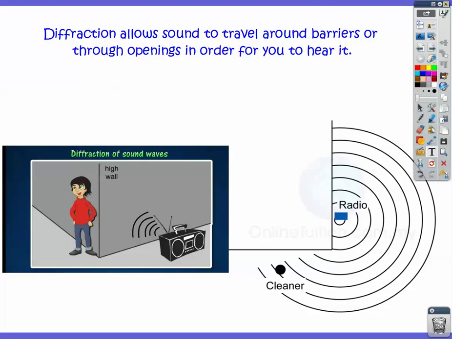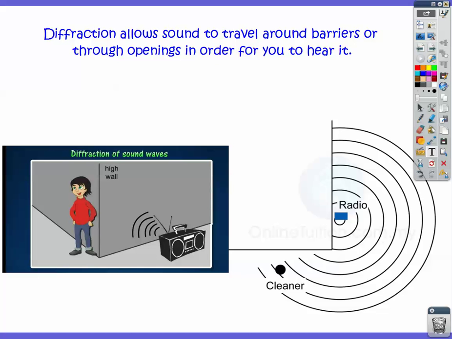Diffraction of sound is really important for us, and it's visually represented in these two pictures, where there's a radio on one side of a wall, and then around a bend is a person standing. But the person standing around the bend can hear the sound, and the reason for this is diffraction, the bending of a wave around a barrier or through an opening. In this overhead look, this is the person, and this is the radio, and the radio emits its sound out, but the waves that come out this way bend around the wall, so the person over here can hear those,